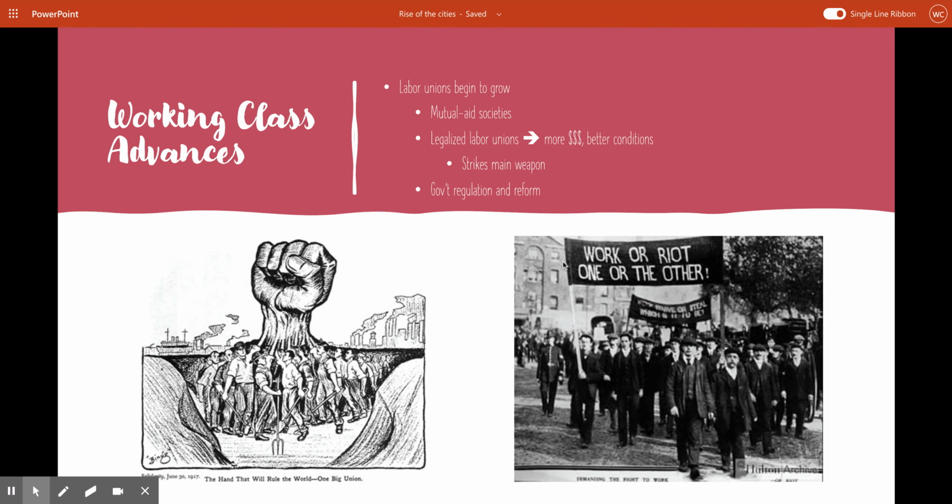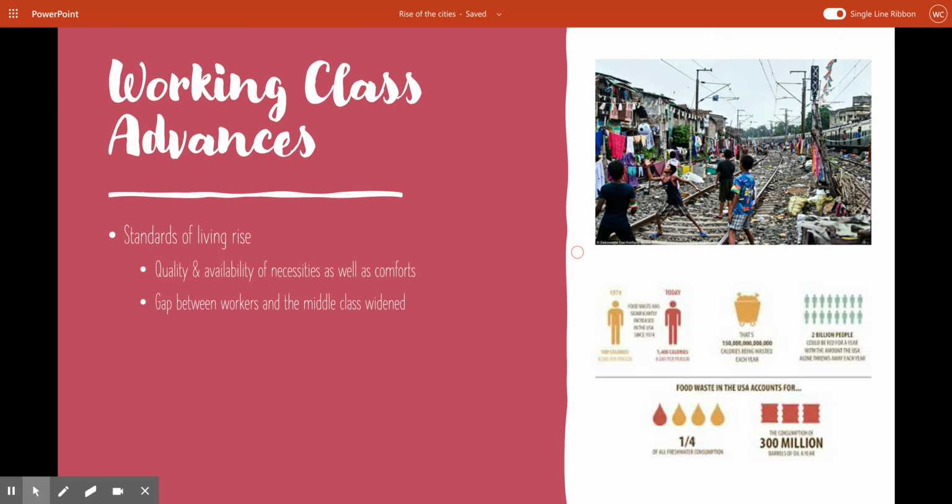The other thing that you start to see over time is that there is a gradual rise in the standard of living. And the standard of living basically is a measurement of the quality and availability of the necessities and comforts of life. So, in other words, people are able to not just afford necessities of life, food, right, shelter, but they're also able to get other things that are just nice to have. Like today, that would be the internet for us. That's very nice to have. And a good Wi-Fi connection to the internet is a sign of a developed nation, right? So a higher standard of living. That's what that would mean.